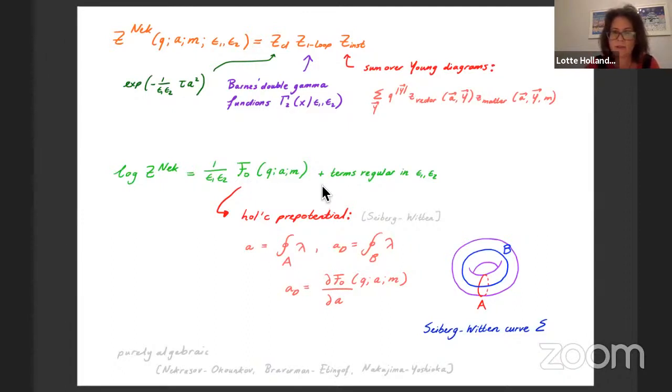And it was found by Seiberg and Witten a long time ago that this prepotential can be expressed in terms of periods. So there's an associated Seiberg-Witten curve to this theory, and the periods are integrals over lambda, the so-called Seiberg-Witten form or Seiberg-Witten differential. And these periods, A and A dual, are not independent, but rather A dual is the graph of the derivative of this prepotential. So notice that all of this is purely algebraic. And what we will see in this talk is that there is also an analytic side to this story.